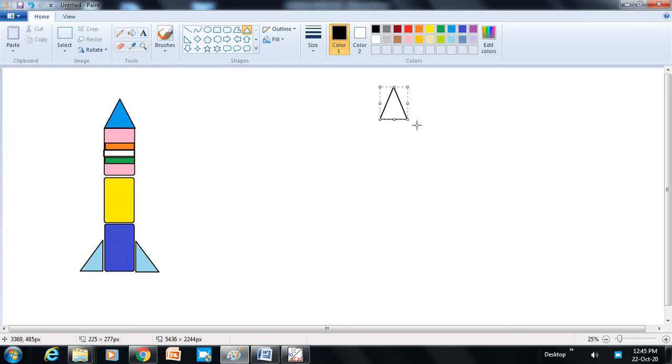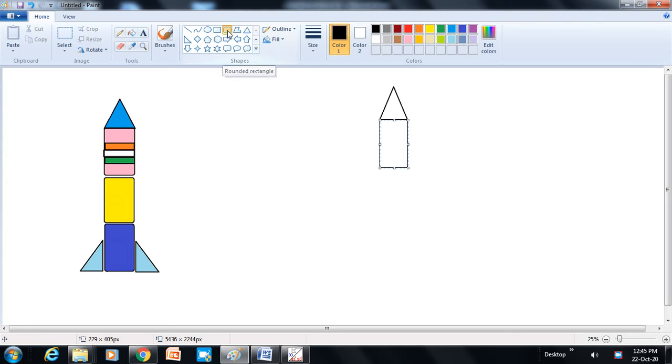Fine. Now what we need to do, we need to choose this rounded rectangle, click over here and draw a rectangle like this. Fine.